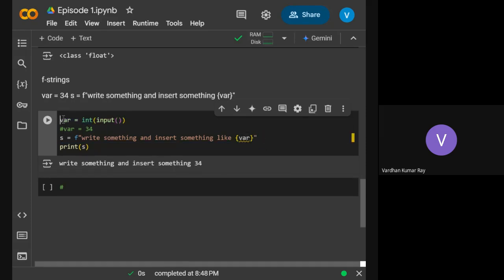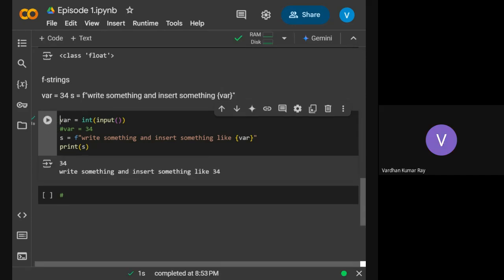Yes, Urvashi. Sir, why use the F function? Like we can do work without it, no? Yes, you can also do work without it. I will take a very good example in the next episode when we talk about for loop. When I want to print something, you will see it's slightly better. Just slightly. It's not very important, but slightly better. Okay.